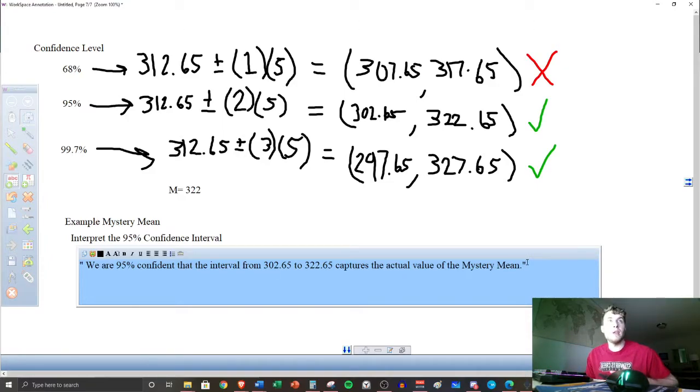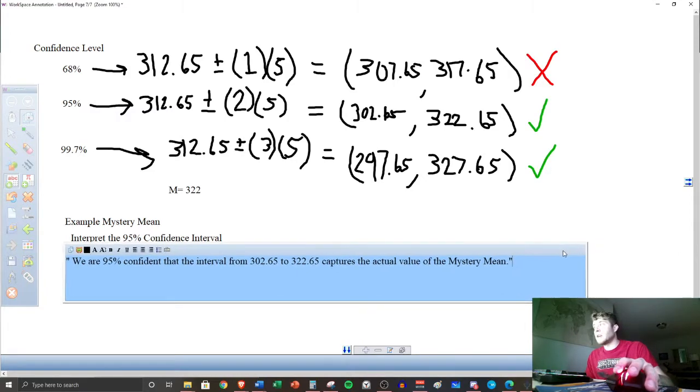It says to interpret. So AP students, if you have especially free response, it says be sure to interpret this confidence interval. This is the statement that you're going back to. So guarantee on the next test, I'm going to ask you to interpret a confidence interval. So you have to remember all these parts. Remember that the goal of a confidence interval is to capture or help predict the true mystery mean. Just like Lunchbox was trying to predict the weights of the callers, that's what these intervals are doing. They're trying to find what's unknown, that true parameter. Okay. Now,